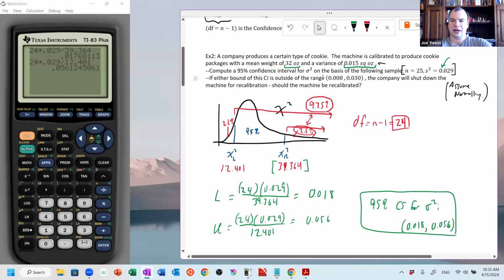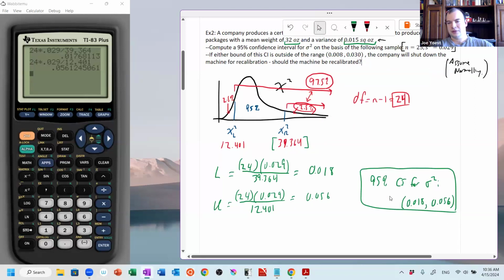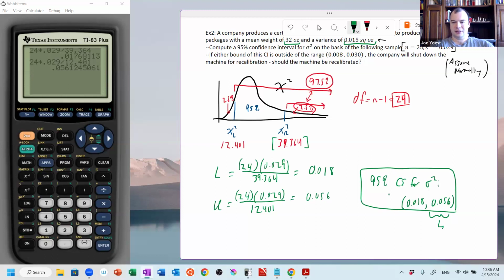Now, our process control criterion is that if either the upper or lower bound are outside of the range 0.08 to 0.030, then we shut down the machine to recalibrate. We see that 0.018, the lower bound, is in this range, so that's good. But the upper bound 0.056 is larger than 0.030. So since this is outside the limits,